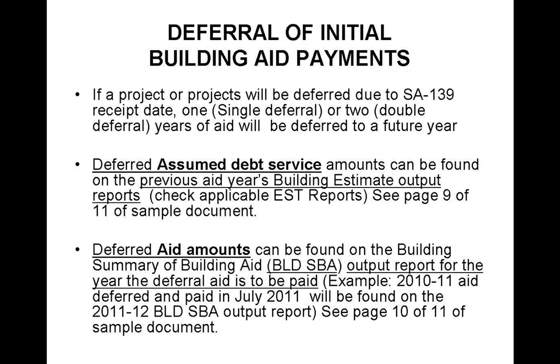The deferred assumed debt service amounts can be found on the previous aid year's building estimate output reports, or the EST reports. And you would check the applicable EST report depending on the category: Build, Bill 10, Bill 3, Bill 4. If you look at page 9 of 11 of your Word document,